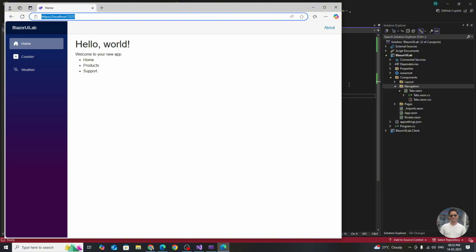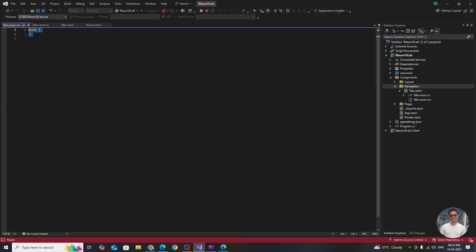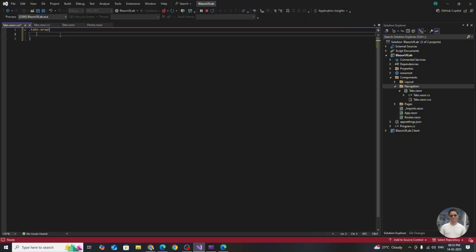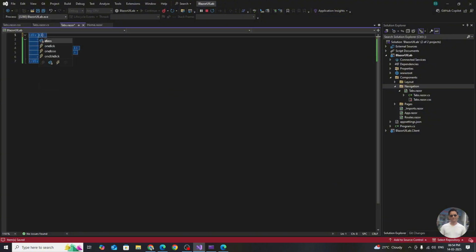So we will write down some CSS to achieve the layout we want. Let's move on over here, and first let's have a tabs wrap, the outer one, and it should have a line below, some border below the tabs. So let's have that border: solid 1px light gray. And then let's have the class over here, class equals tabs